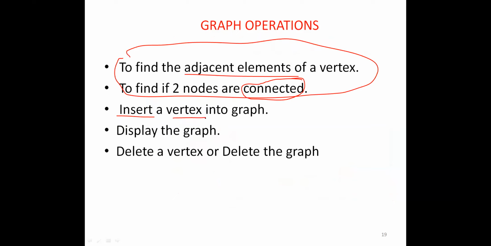Once I insert a vertex into the graph, I should create an edge to the particular vertex, right? That is another kind of operation. So a basic operation is insertion. I want to display the graph. I want to delete a vertex. Once I delete a vertex in a graph, what happens? Automatically the edges should be disconnected, right?